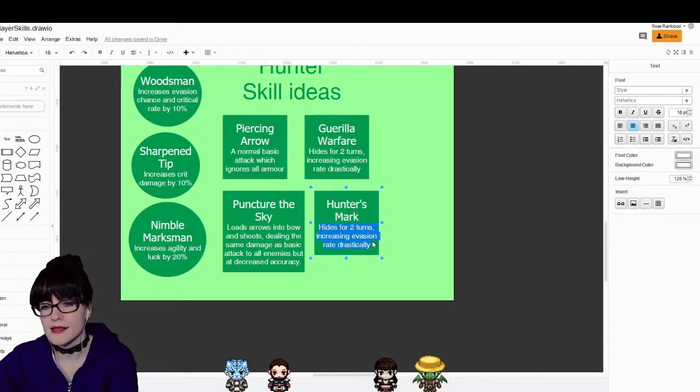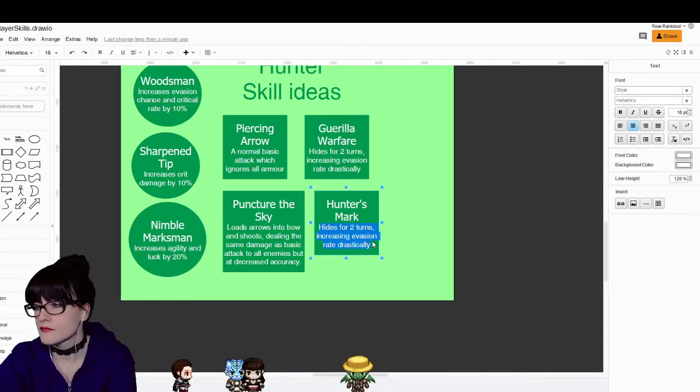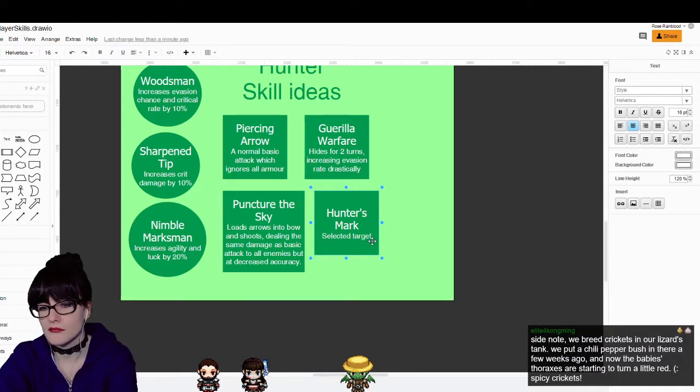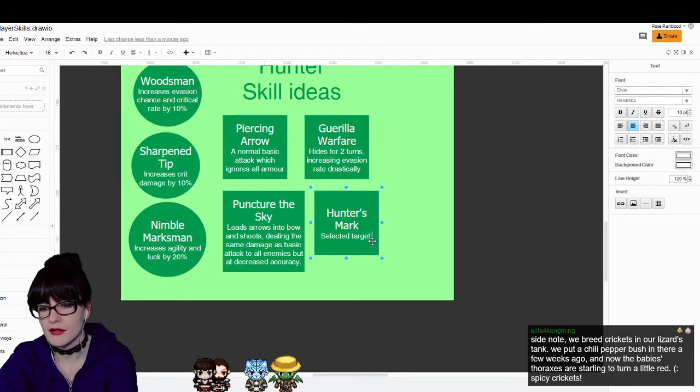And that one is select target to hunt. A hunted target has decreased defences and evasion rate. I'll just put selected target, to sum the description up a bit more, make it a bit shorter. Selected target has